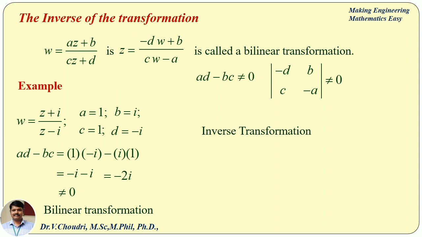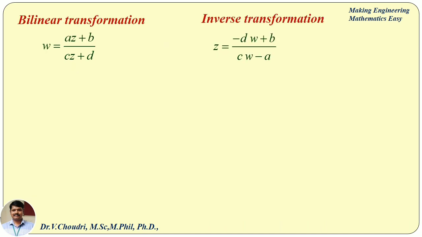Now we are going to find the inverse bilinear transformation. Z equal to, just we interchange the values D and A with opposite signs. It comes minus I and minus 1. The remaining values as it is. Therefore, Z equal to (IW plus I) divided by (W minus 1). The same inverse bilinear transformation may be obtained by cross multiplication method or componendo dividendo method or normal simplification method.